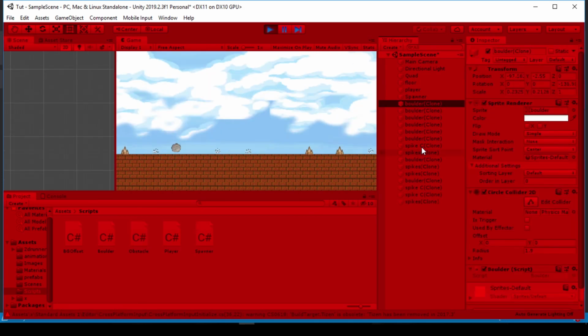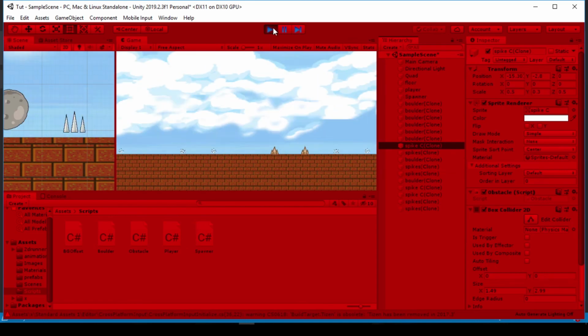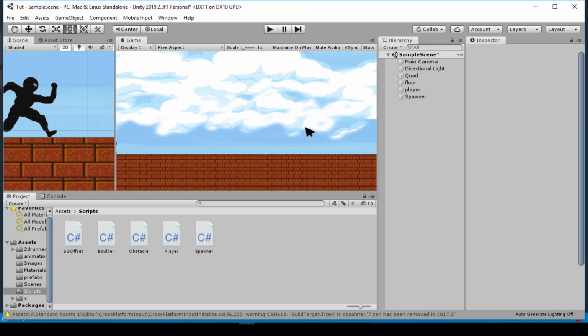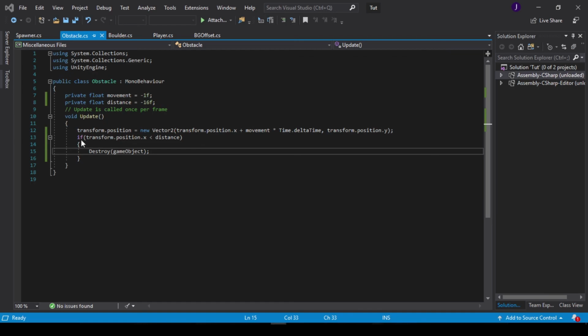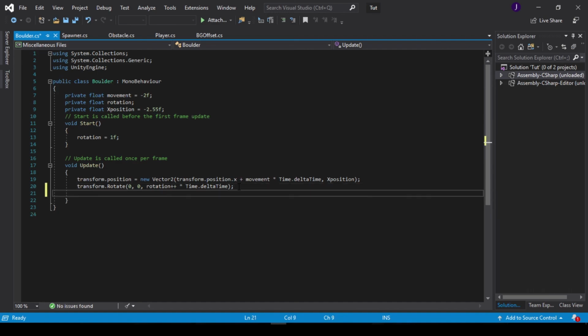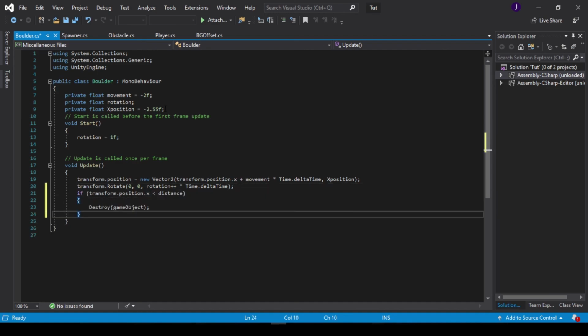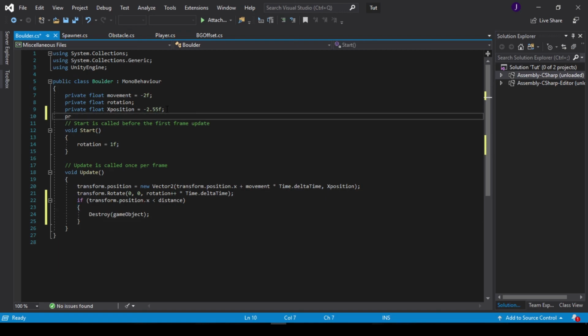but then the boulders are not getting destroyed because I did not attach this destroy line of code to it. So all we have to do is copy this, then go into the boulder, then inside the update we can paste this, and also create a private float. Let's call this distance, and this would also be minus 16f. Yeah, so this should take care of everything, and with this done, the boulder will also be destroyed